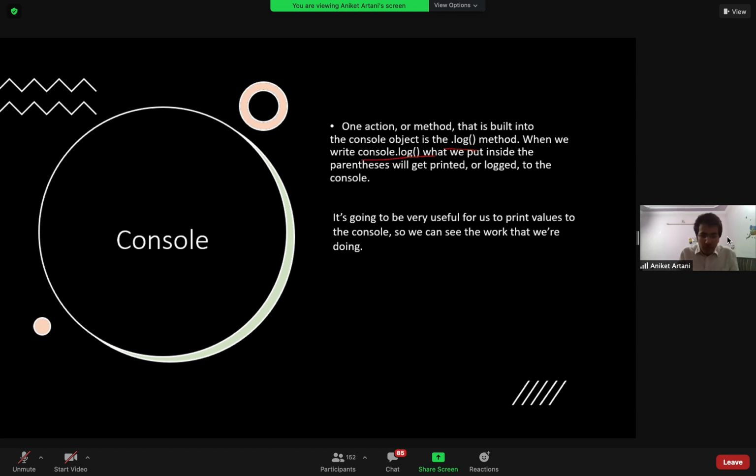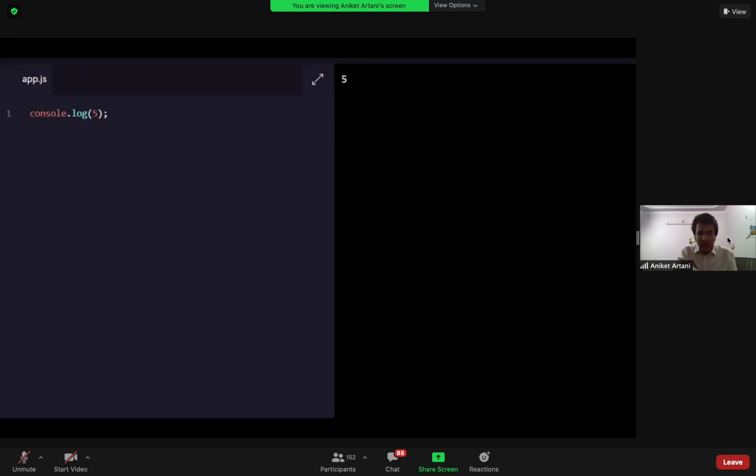So whatever you put inside console.log, like I'm putting here hello, then in the console it will print hello. Let's move on with another example. Here I have used the Codecademy compiler, but after a few methods, I will show you how to run this console.log in your Chrome browser. So here I use console.log 5.